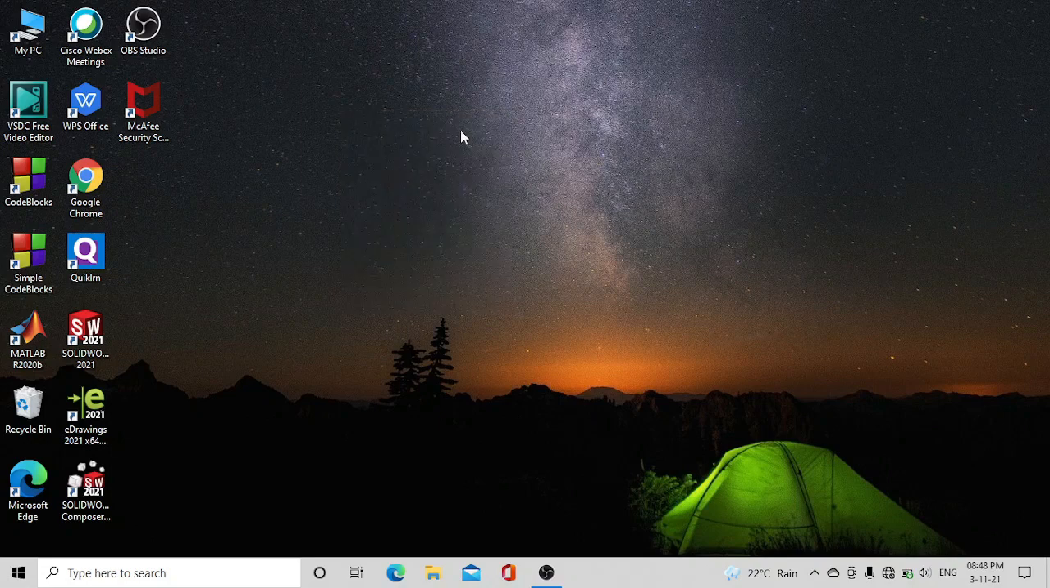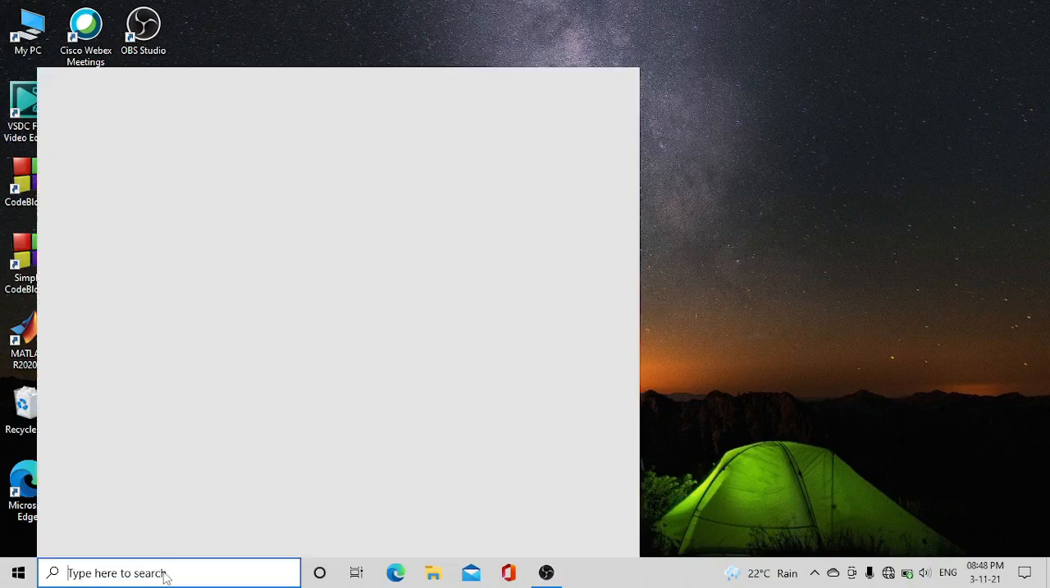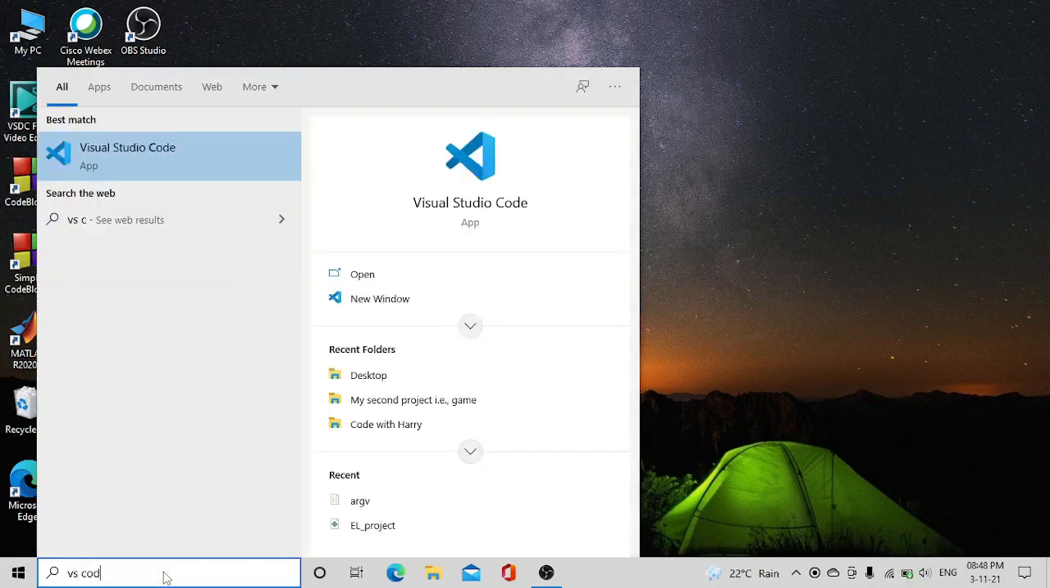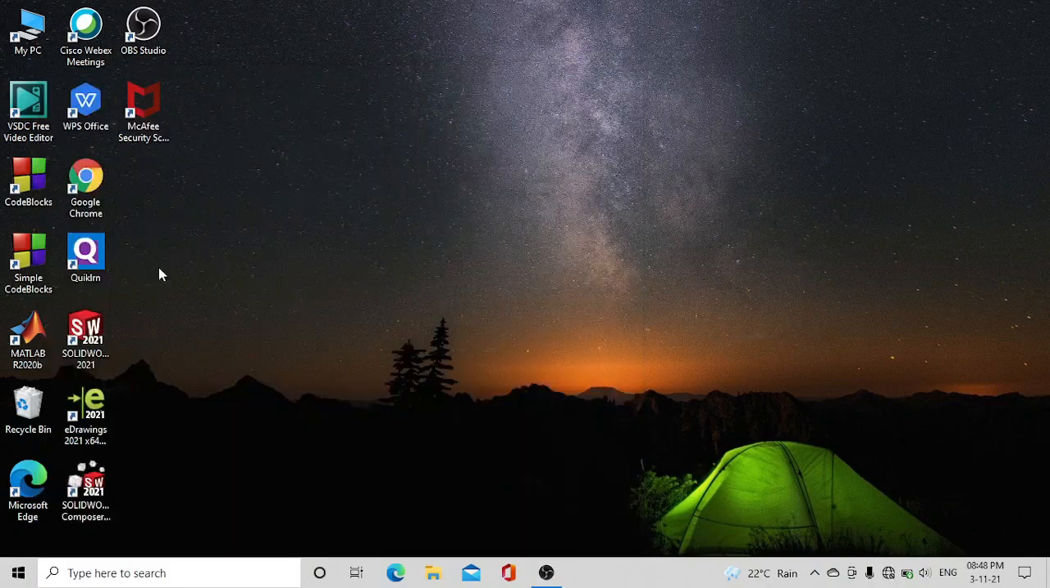So how to uninstall this Visual Studio Code? What we have to do is go to the search bar below, just right click on it and type Visual Studio Code, VS Code, and you will be getting Visual Studio Code. Just right click on it and you will be getting the last option as uninstall. So if you click on it,